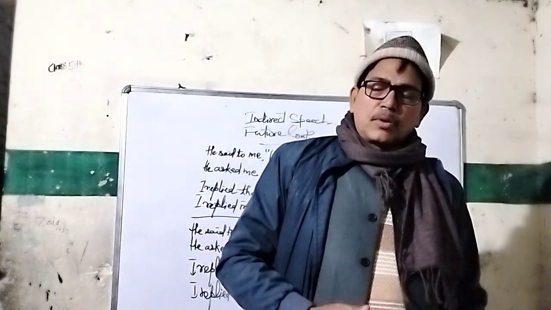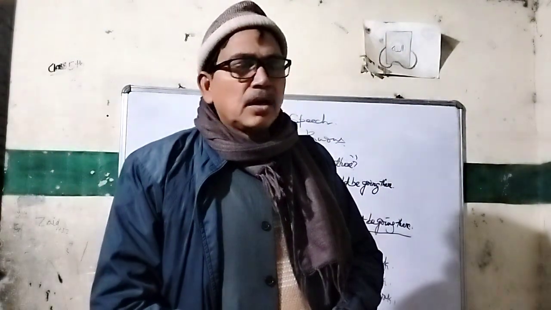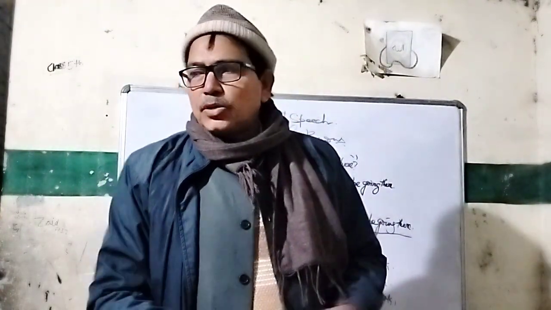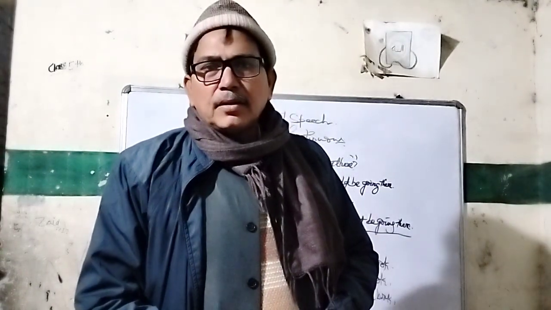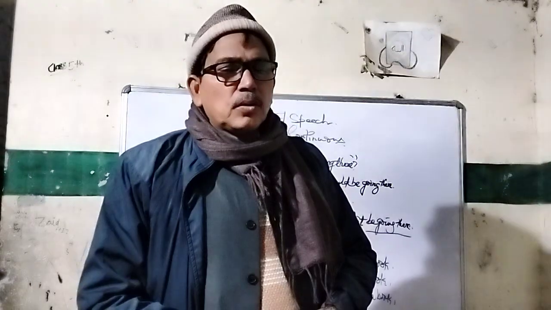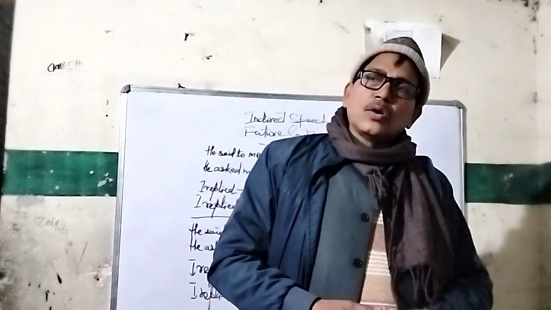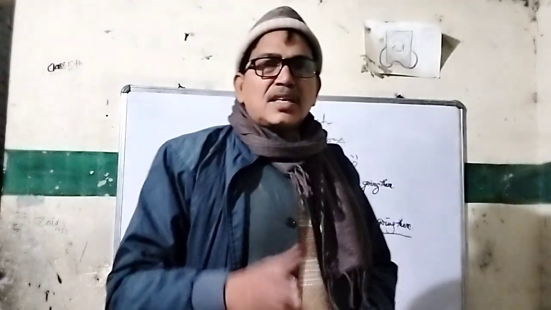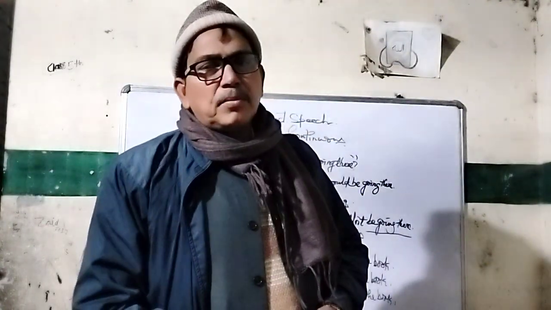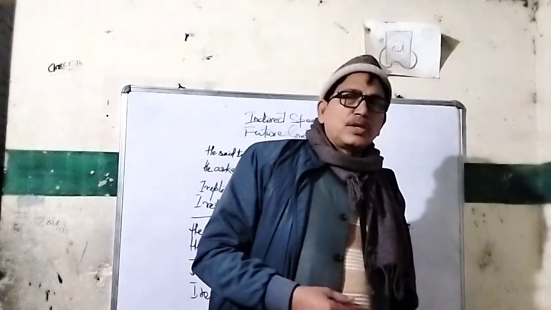We know the rules about it. I am giving a few examples. If I am talking about myself, that today in the morning when I got up, I went for a walk. When I came back, my mother said to me, "Go and milk the cow." So this sentence, my mother said to me, "Go and milk the cow." In indirect, I can say that my mother told me to milk the cow.